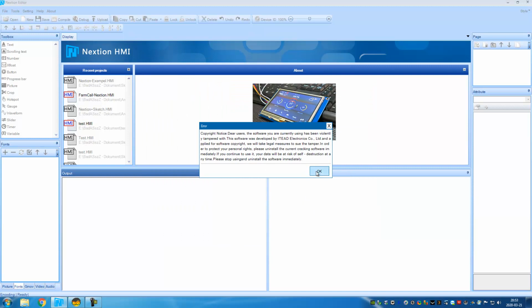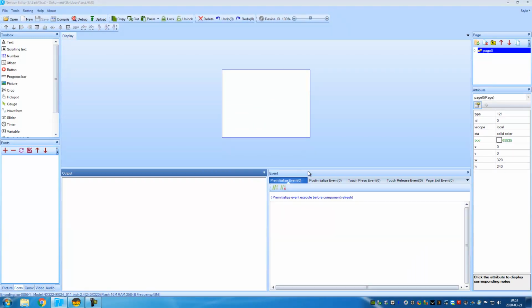What the heck is this? It says I have some hacked version with Nextion HMI, but it's a free version, so I don't know what they're talking about. Anyway,